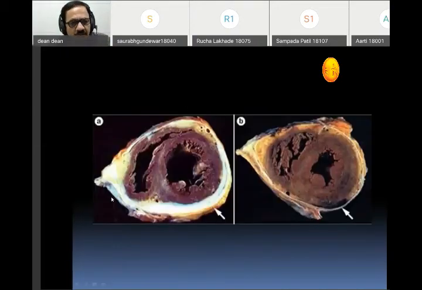So this is a diagram of chronic constrictive pericarditis. You can see this arrow it is showing. This is a thick wall of the pericardium that has become totally fibrous. This is chronic, and it is a mediastinal type of variant that can be seen here. Here you can see a mild fibrosis.